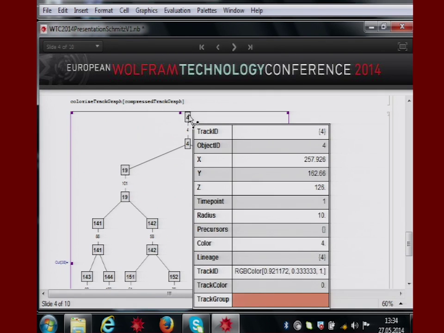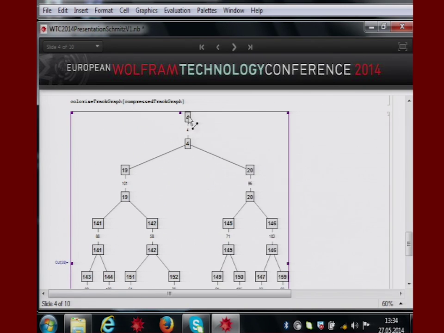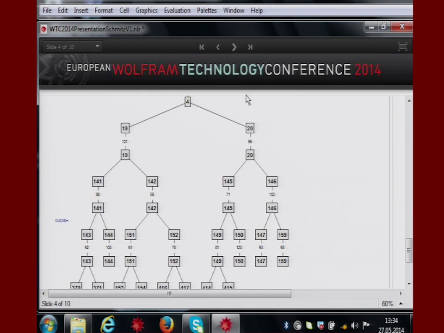So as you can see here, still the object information is there. I just put it into the vertices, and the edges now hold the information about the time domain. So for example, we have here this object number 4, divided after 4 time points, split it up into object 19 and 20. So basically all the information is now in this representation here,